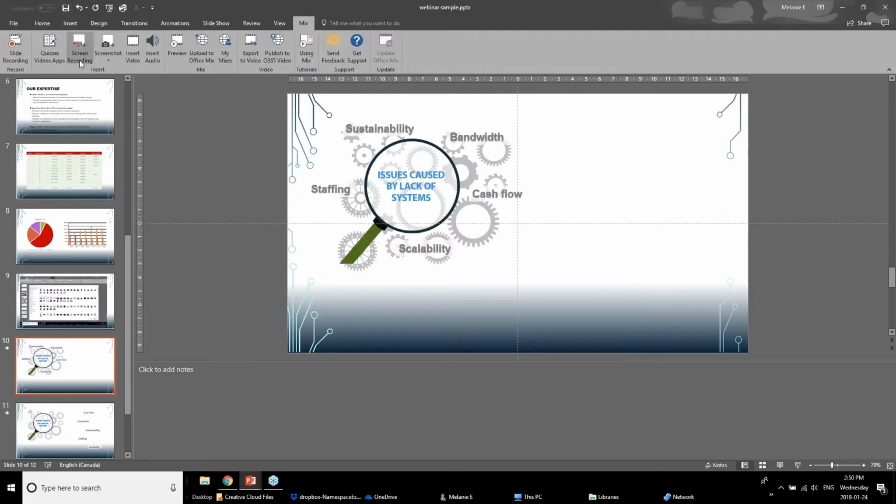And then the screen recording, like I mentioned, that's really to do a screen recording. So say you wanted to film how to open up your product or your app on your website. This would record anything that you're doing on your screen. And you can make some decisions of whether it has sound or not. What I have noticed though is that it doesn't have the type of functionality, so to speak, that some other screen capture software has, where you can decide the size and the resolution,